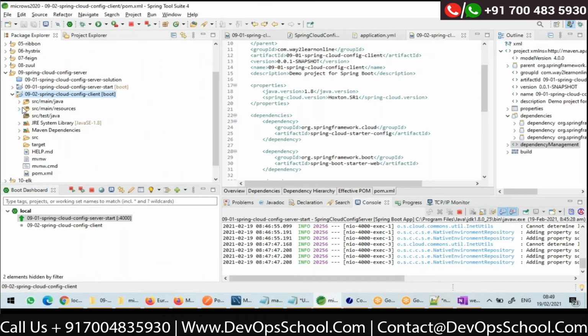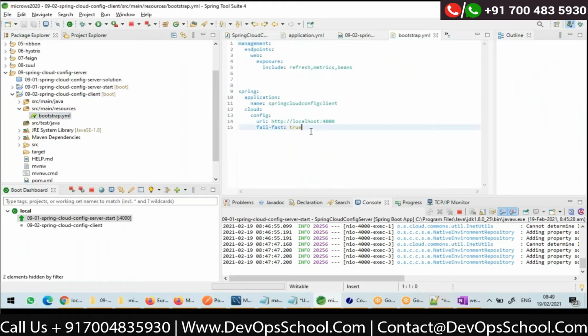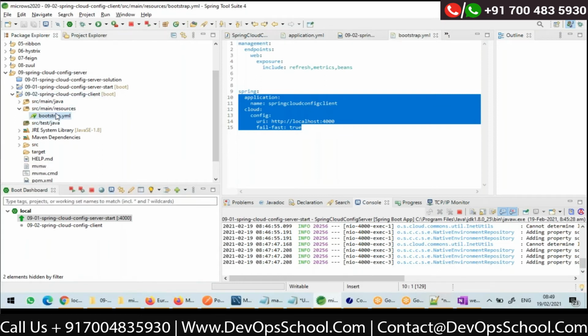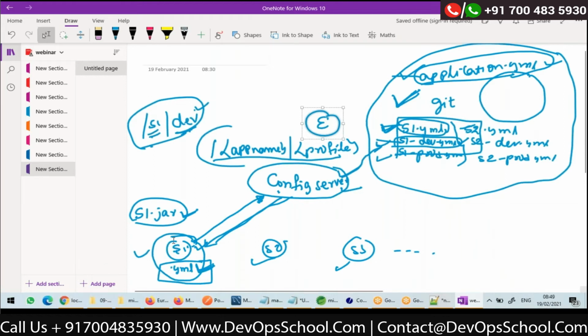here to my config client, I should somehow tell where is the location of config server. And remember, right now I am not writing in a file called application.yaml. I am writing in a file called bootstrap.yaml. So I told that even before my S1 application creates any other beans, even before any other configuration files are loaded, I want to fetch the configuration from config server. I want some logic to be executed, which will make a REST API call, right?